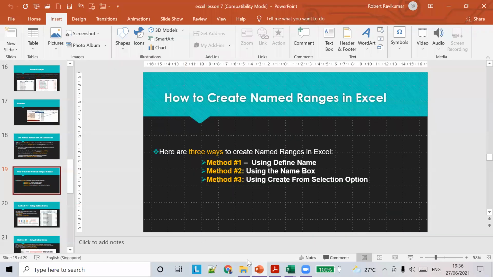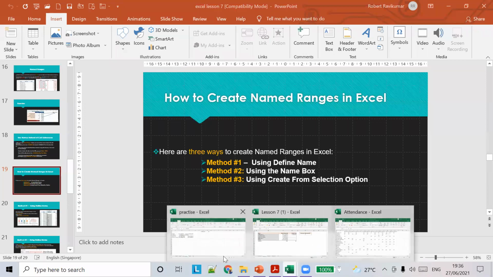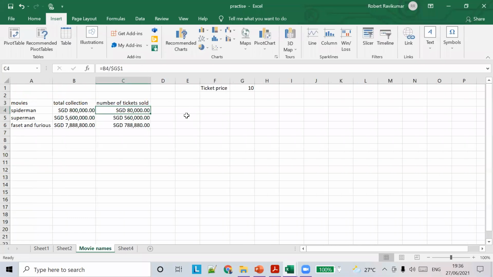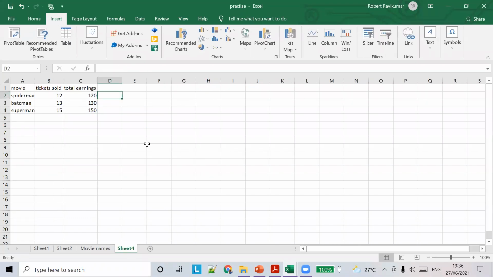So let's see first what a named range is. First, let's try to create a named range for a particular cell range. What is the cell range here?